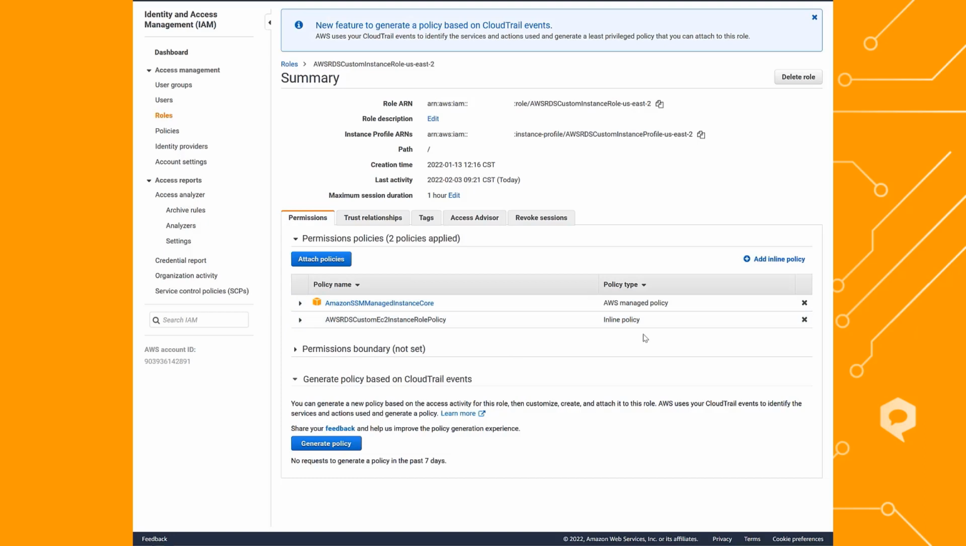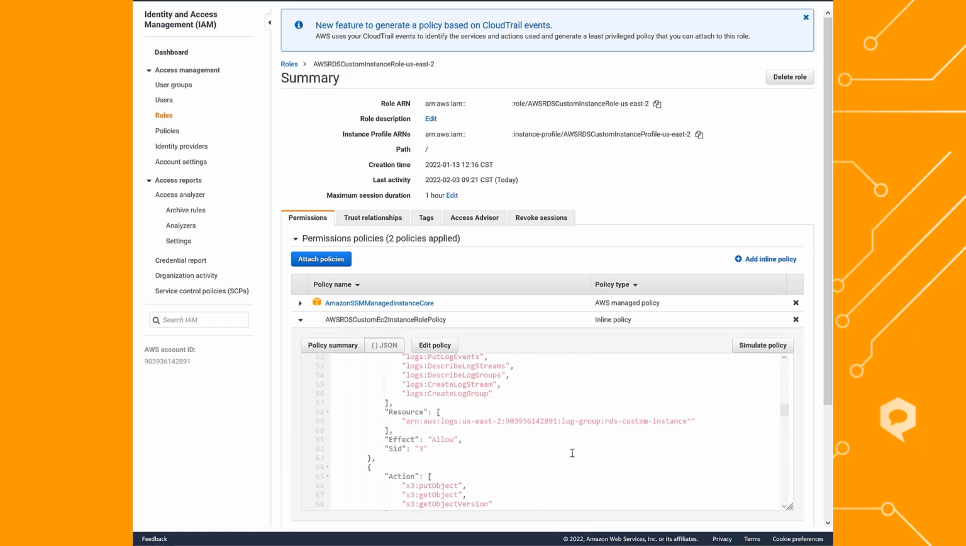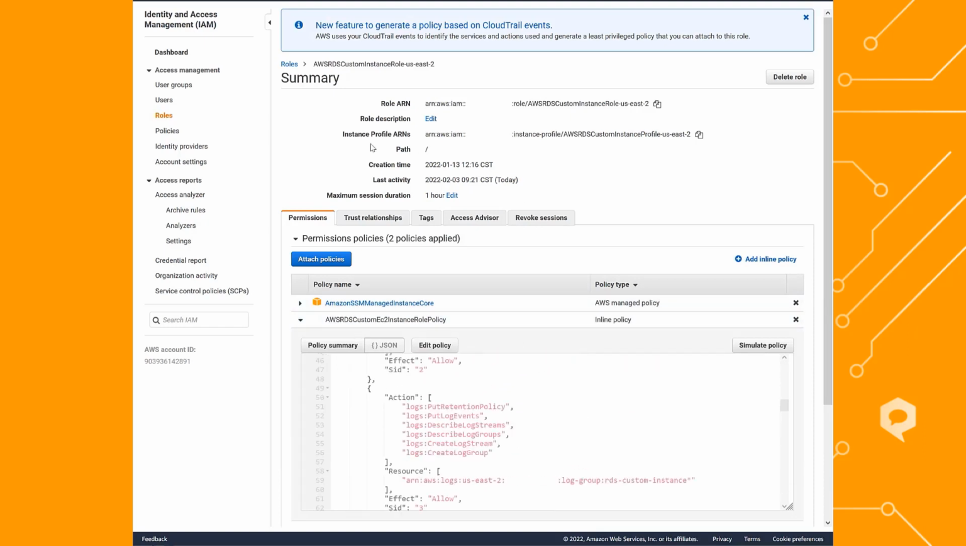Now there are some inline policies that get attached to this, which give access to EC2, logs, S3, SSM, and so on. There is also an instance profile which gets created, and the role is attached to this instance profile. Later on, while creating the DB instance, I'll show you how we need to reference this instance profile while